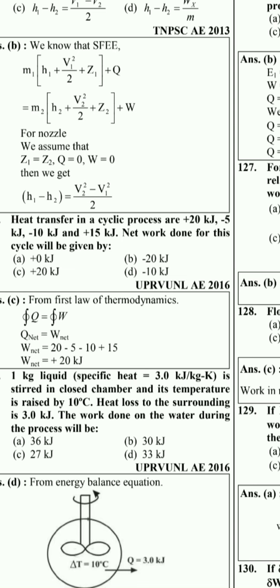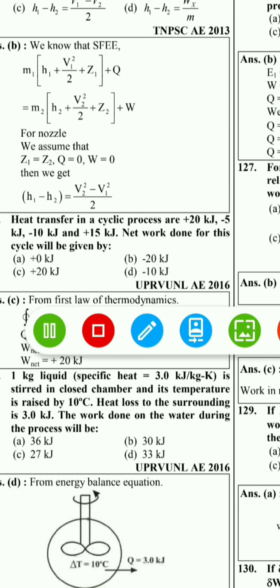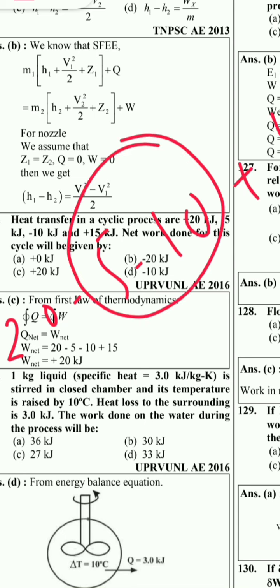For that purpose we have to use a simple rule: for any closed system that executes a cycle, the cyclic integral of del Q will be equal to the cyclic integral of del W. That is, the summation of all the heat transfer will be equal to the sum of all the work done. So the sum of all those things will give the net work done. So here 20 minus 5 minus 10 plus 15, so 20 plus 15 is 35, minus 15,